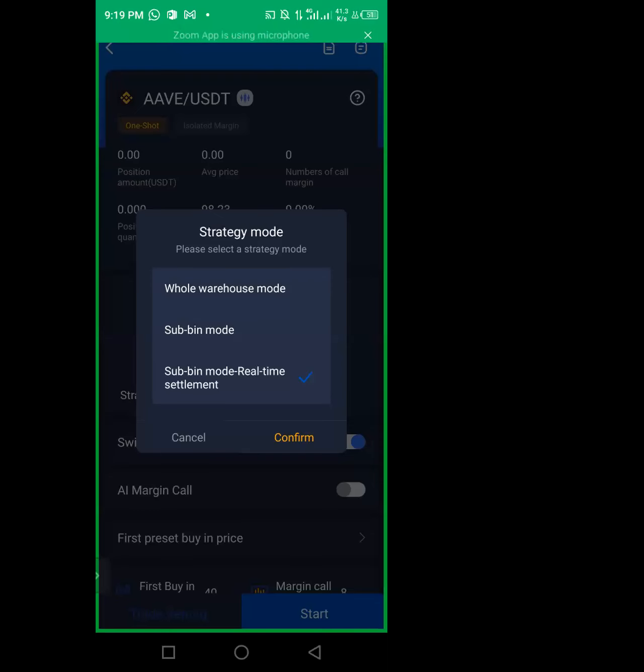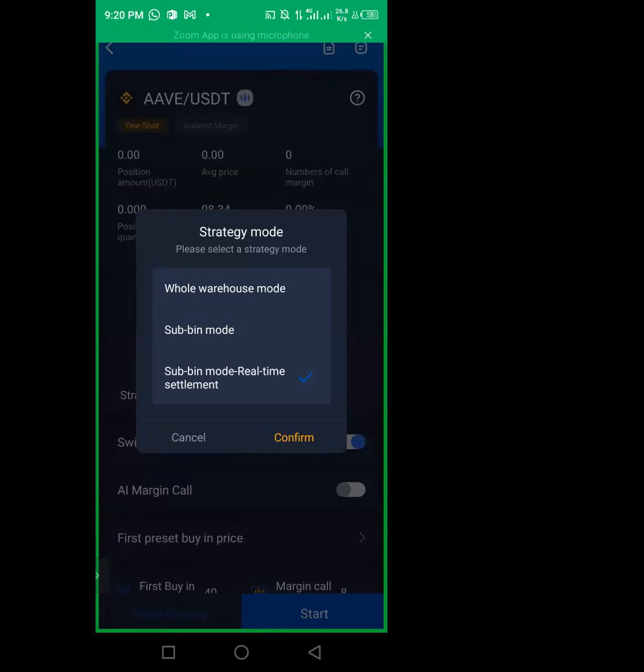The robot, if you select this sub-in mode real-time settlement, the robot will sell all those 5 it bought on the 5th buy. All those bags of rice he bought at the 5th time, it will sell all of them at that new price, which is 25,000, and give you the profit in your